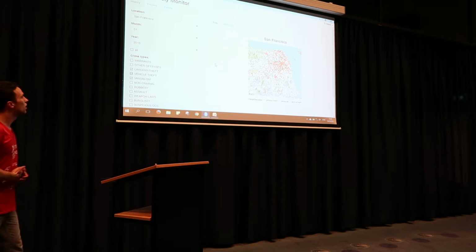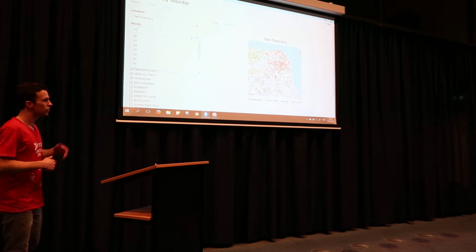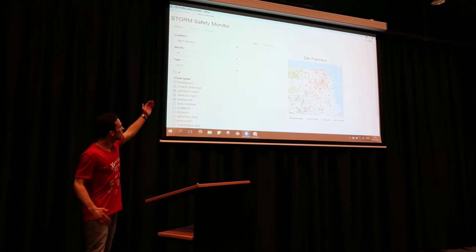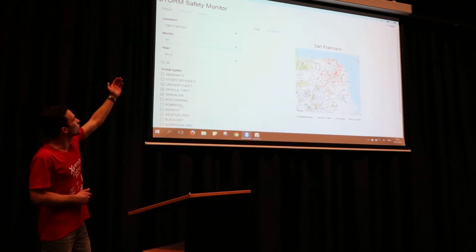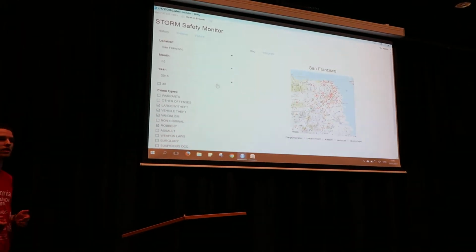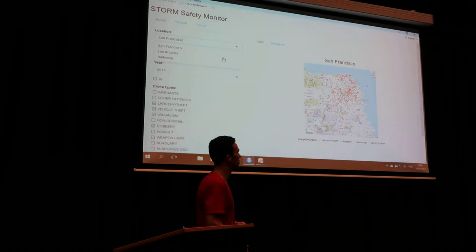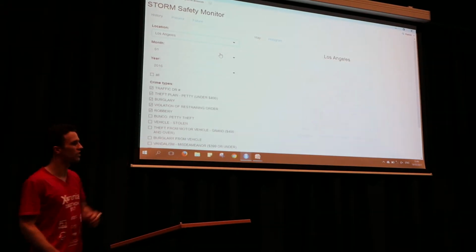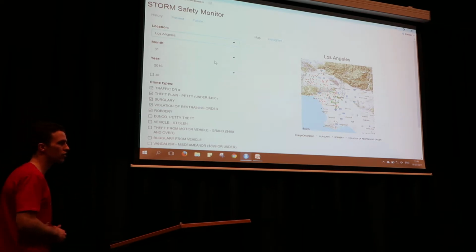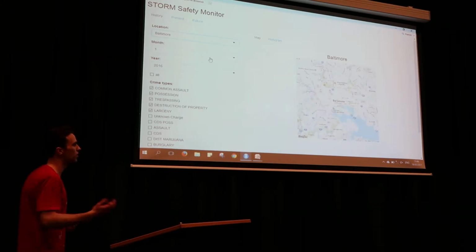Now, how did we do that? We created a safety monitor. And that's what we see, the history. So we combine several data sets where the user can select a specific crime, a specific city. For example, now San Francisco is selected, and you can look into a particular year or month, and you can see all crimes projected in the crowd. So now Los Angeles is calculated, so you see Los Angeles. So this is really easily to scale up and add more cities too. So it can be really easily put into practice.